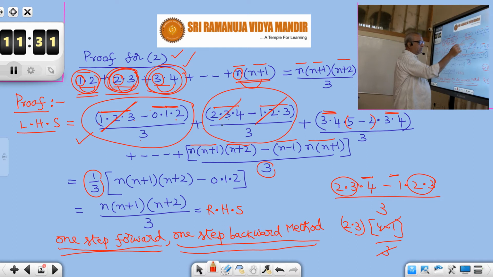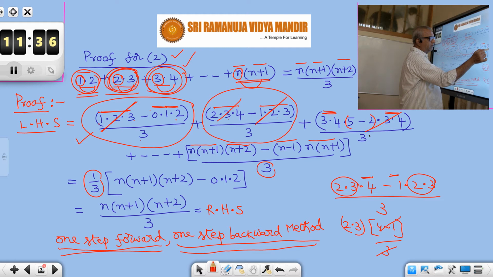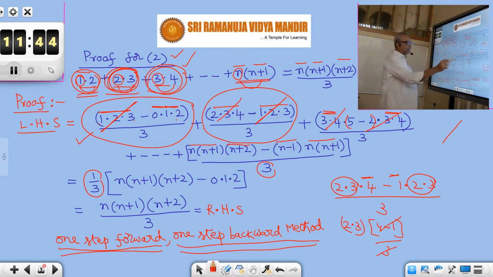Similarly here also the first part gets cancelled out with the second part here, minus 2 into 3 into 4. Similarly here the first part will cancel out with the second part of the next term. Similarly if you take the last term, last bracket is here, previous bracket will be there. Previous bracket first part will get cancelled out, the second part of this. So like this everything gets cancelled out. What will remain is, in the last bracket, first part will remain. In the first bracket, the second part will remain.